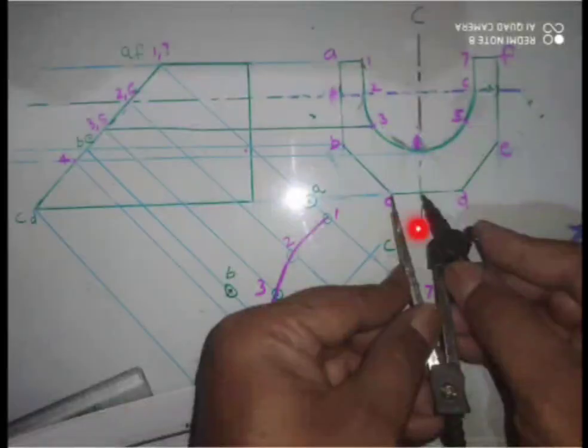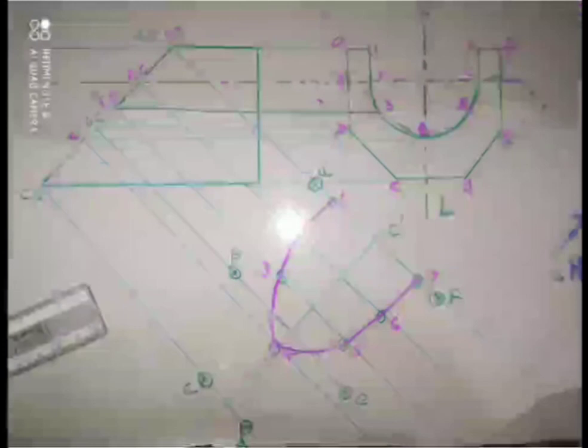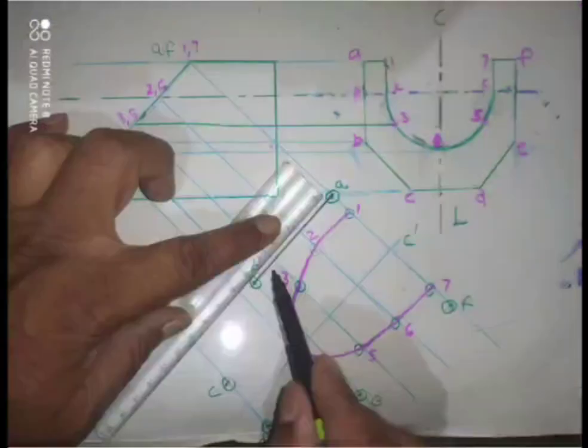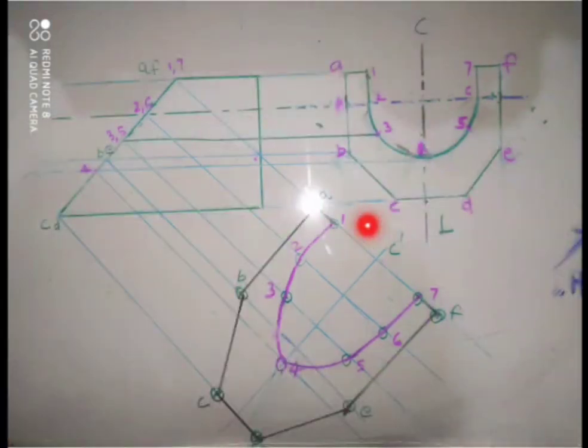Now I have taken the C and D distance. I will come here and move in this fashion. I will mark it here. Here they have shown the marking point. Thus they have completed. Now take a scale here because this surface is a flat surface and I have to join the points A, B, C, D, E, F with the scale. Join 1 and A and 7 and F. This is your true shape, this is your auxiliary view which we have created.